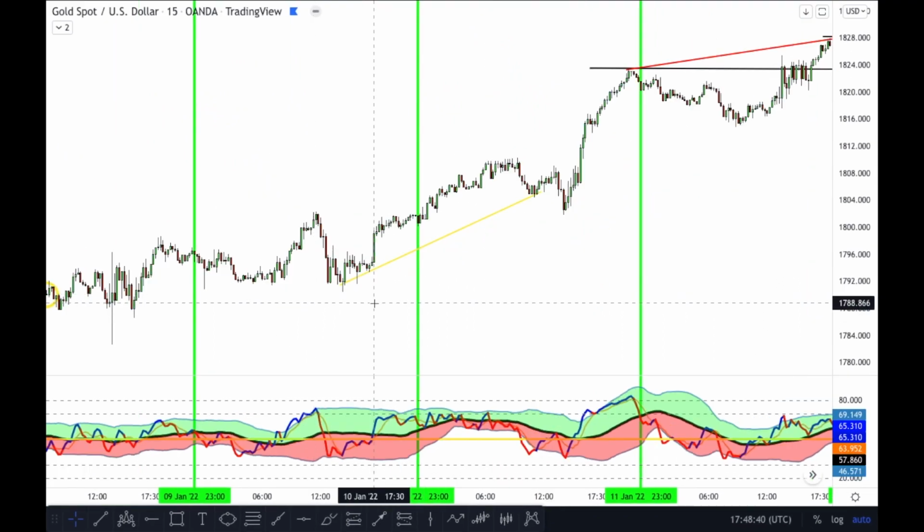So what can we see here? Let's break down this chart. So we might not have been looking for a re-entry into the market here. As we can see, the TDI did come out here and it did come down here, but price had followed exactly what the TDI did. So it wasn't telling us that was an entry, although it did draw out a W pattern on the TDI, but it wasn't showing us that was an entry.